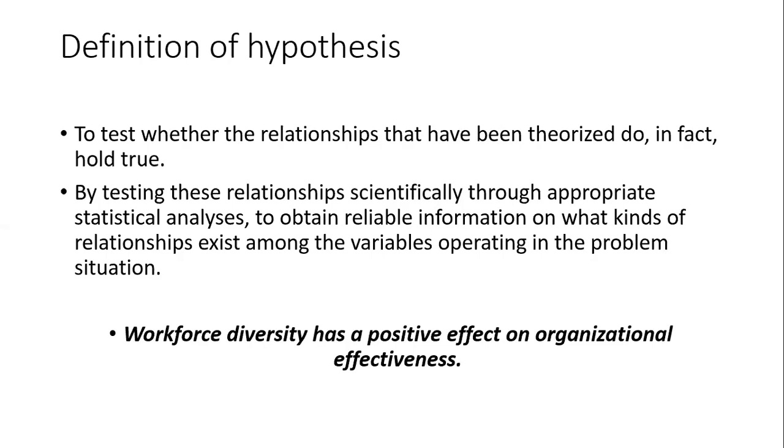So we can never come up with the hypothesis by ourselves. We have to see in the literature what kind of hypothesis has been tested before, what is the pattern, what relationship has been tested before. So whatever relationship has been tested, you have to go with that. You can never write the hypothesis non-directional if the variables have been tested before by other